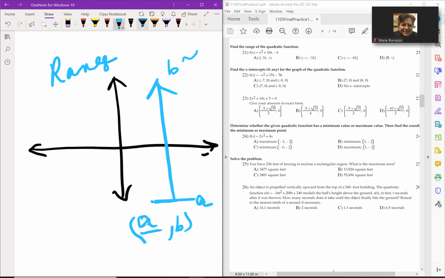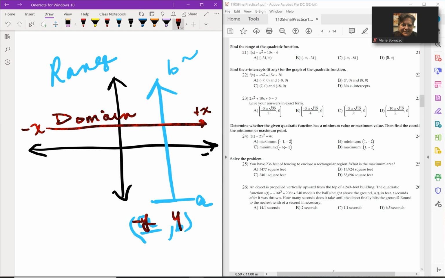And if I'm talking about the domain, it always starts with negative infinity from this side, from negative x all the way up to positive x. So in a sense, this is like negative y, positive y, if you want to think of it that way, that's fine too. All right, so I'm thinking in this case, if I'm graphing this equation and I'm looking at the range,